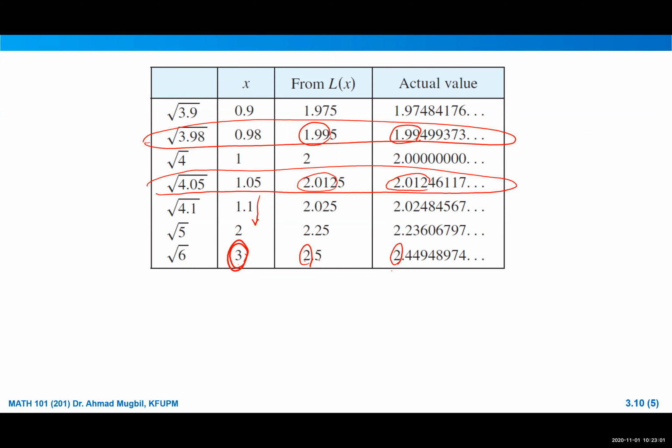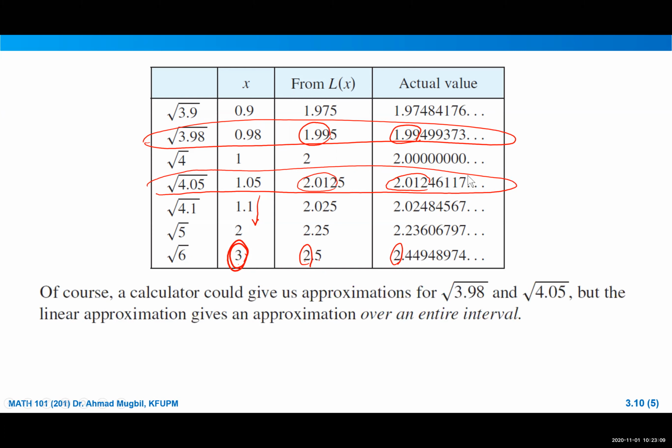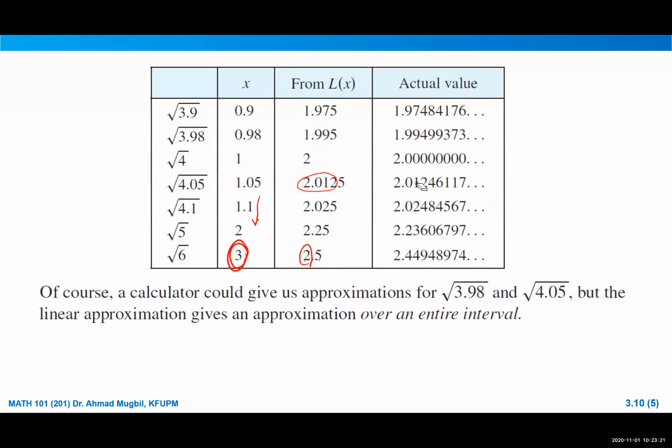So this is why, shabab, we are focusing on the point that we are approximating at. Someone will say, why will we do that? We can just use a calculator and it will give me the exact value. It depends on your calculator, on how many digits it will show you. So this is one way, but of course there are applications where maybe the calculator will not help you directly. It will give you the value, but sometimes you need to study the approximations over an interval, not at a specific